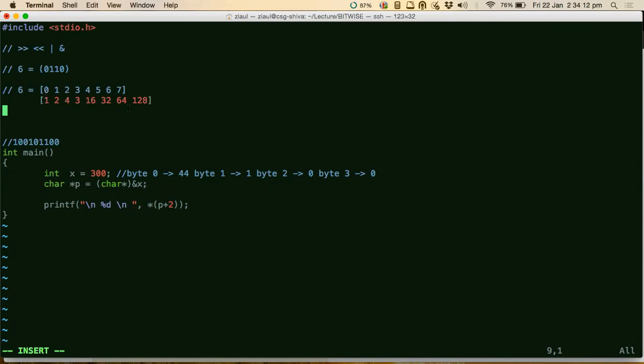Okay, sir. Now I will ask you, if you want to make 6 out of these bits, which bits should we use? What I'm asking you is, you have to form 6 out of these numbers. Which set of numbers should you use to create 6? Sir, I can use 1, 2, and 3. You can use what? Sir, number at 0th bit.